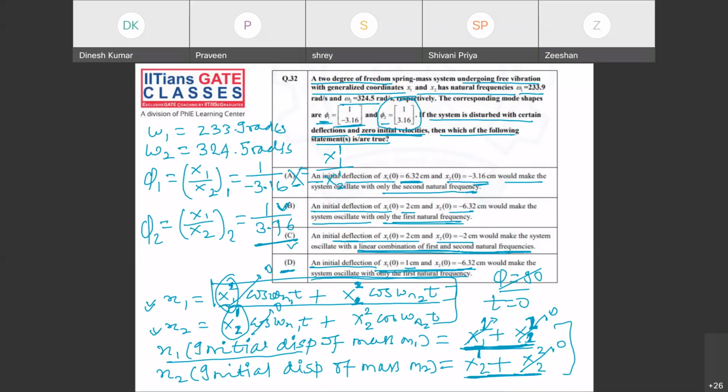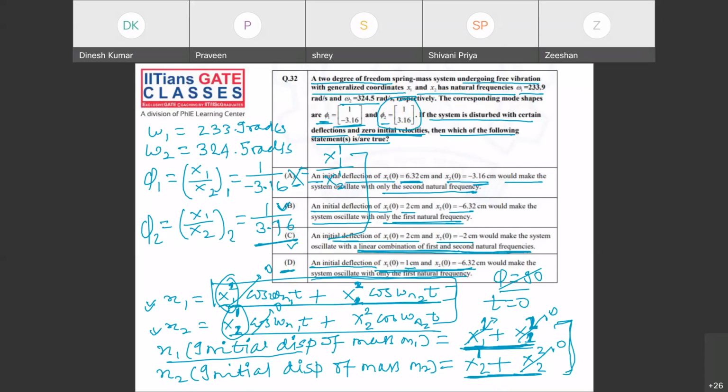This question, to this extent, they asked for the first time. Earlier also, questions were there from 2 degree. Those questions you can also solve using these 3 equations. What are those 3 equations? These sets of equations, and also if you know whether it is the combined mode, first mode alone, or second mode alone.